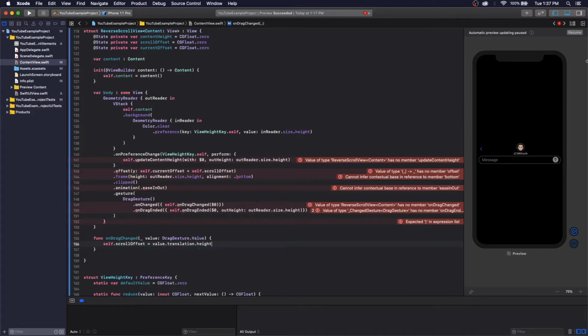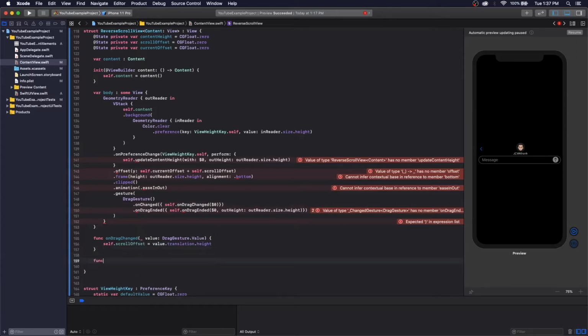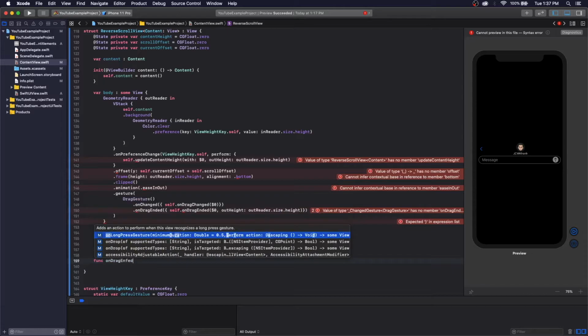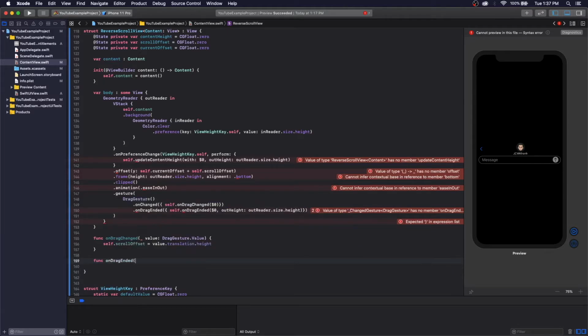Since this is a vertical scroll, I only need the height of this, right? The change of the height. And we're going to make a function onDragEnd, we pass the same value, DragGesture.Value,